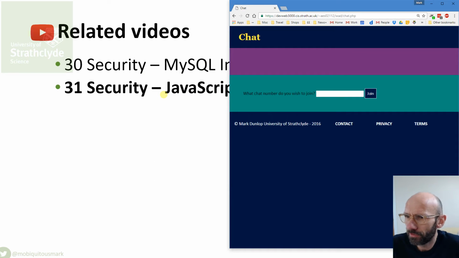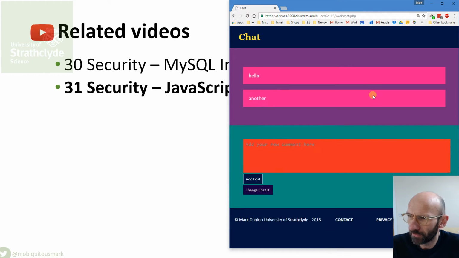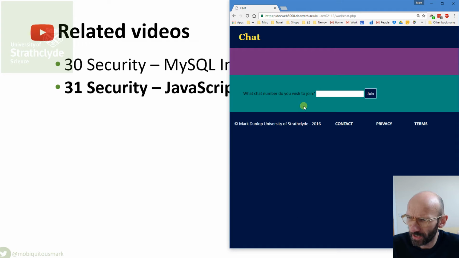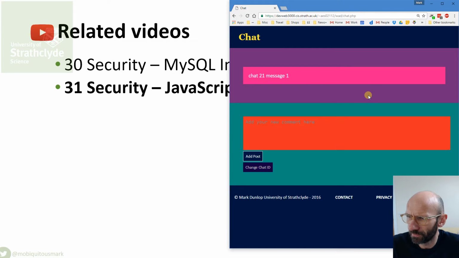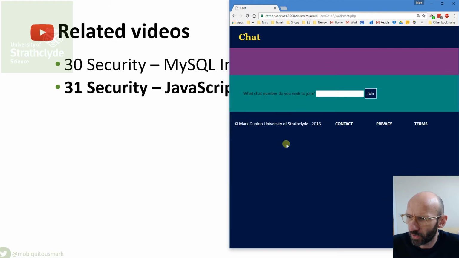As before, I'm using a very simple chat room. You type in a number, and if there's messages left with that number, you see them. You change the ID to see messages left under a different number. Okay. Last time we prevented